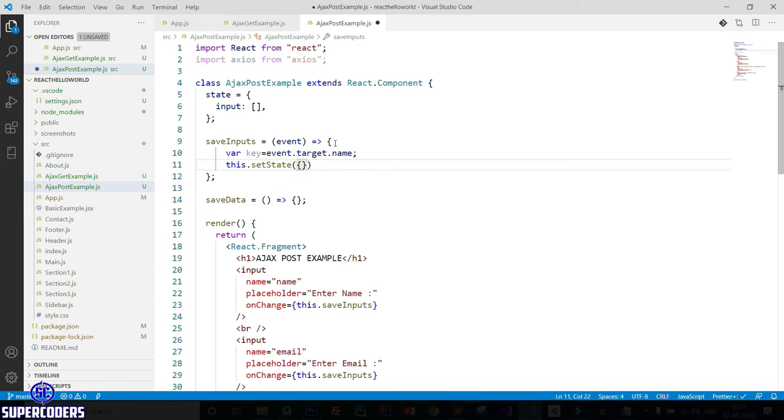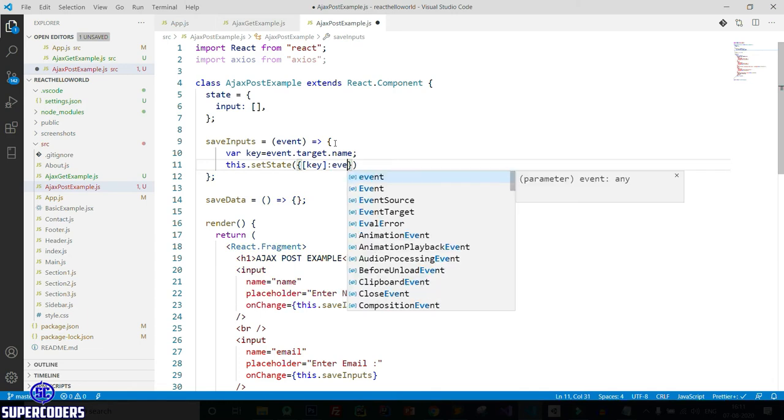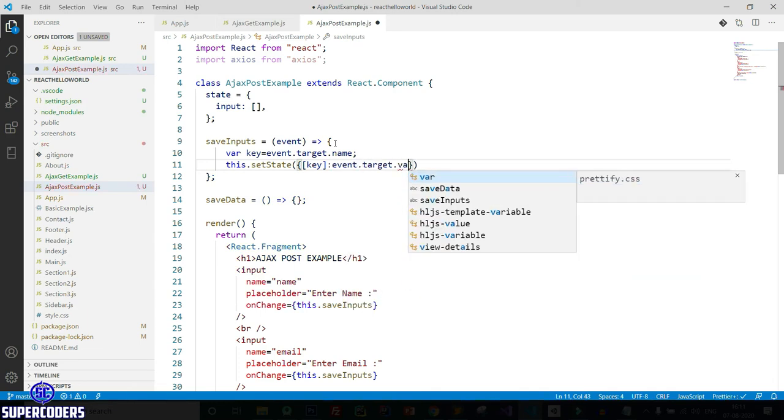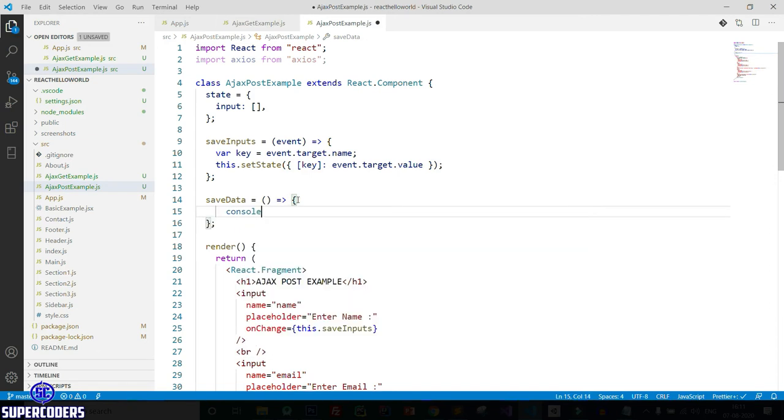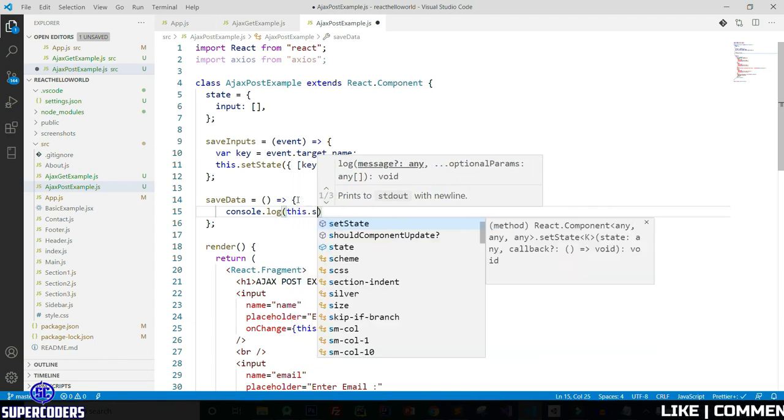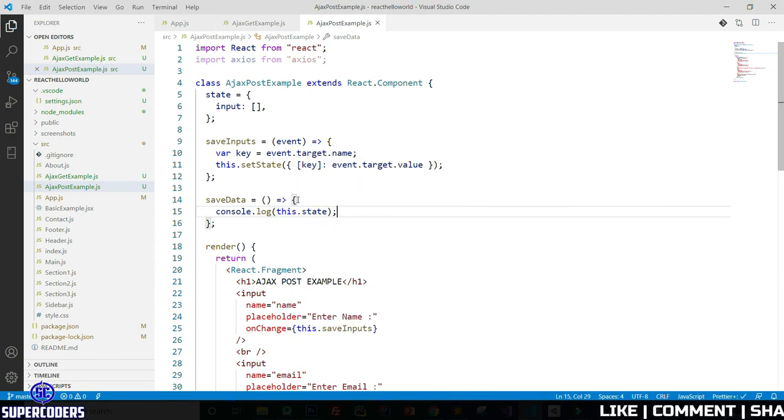Now let's see how you can set a dynamic key. If you type key directly, it will not work. So you add square brackets, then [key]: event.target.value. Save it. Now in saveData, just print this value: console.log this.state. Save it.